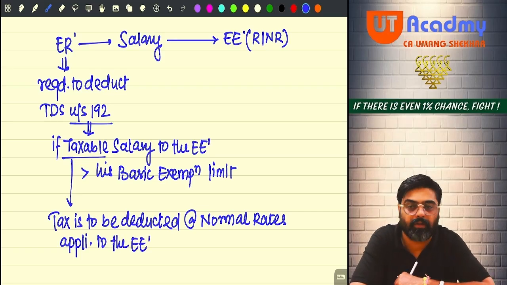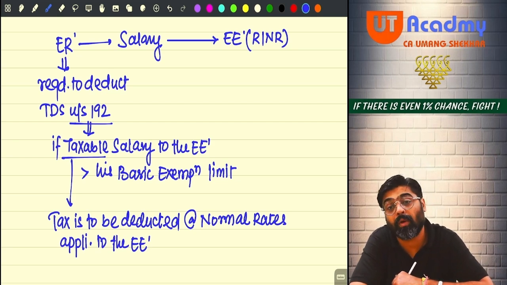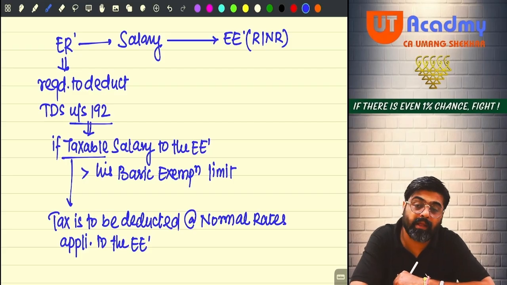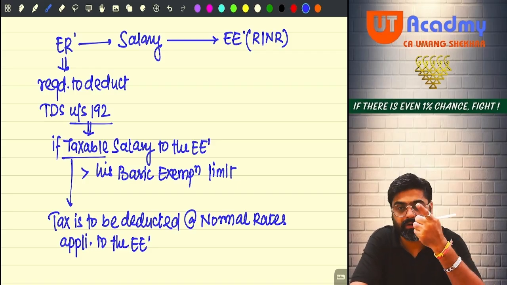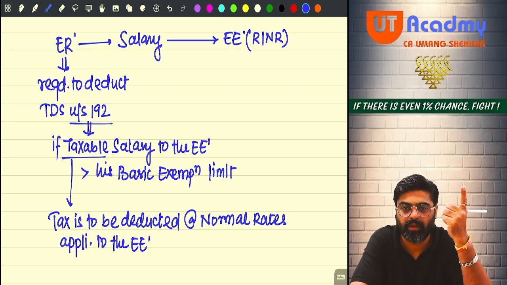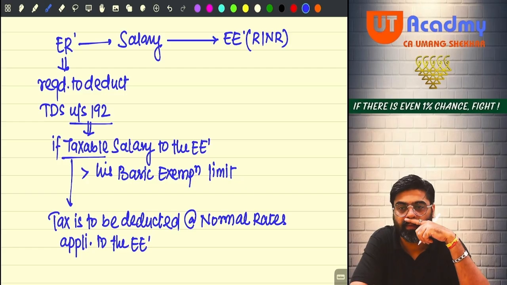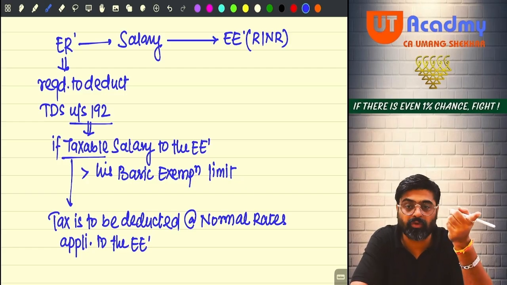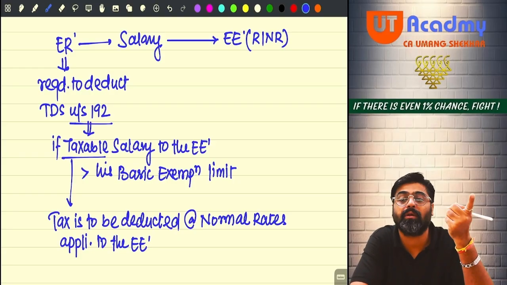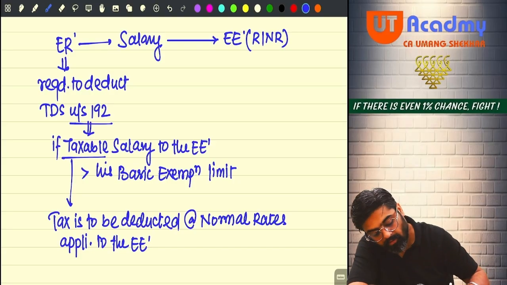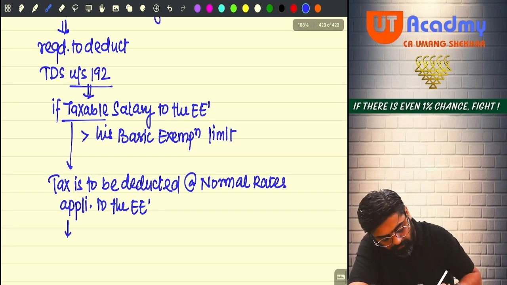So by applying those normal rates of tax, the employer will calculate the amount of TDS. On the taxable salary, the employer will apply the normal tax rates applicable to the employee, and by applying those rates, the tax amount will be calculated and that tax will be deducted from the salary of the employee